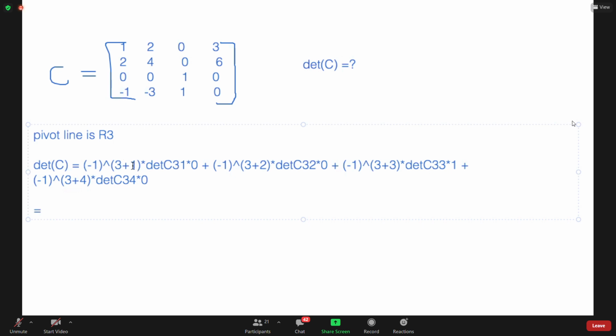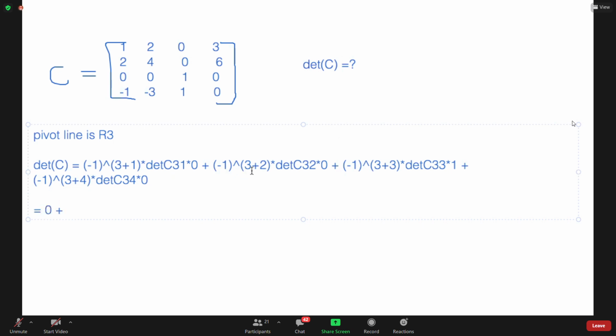-1 to the power of 3 plus 1 is -1 to the power of 4. Negative to a positive, even power means positive. Therefore, what we're left with is determinant of C31. Multiplied by 0, however, yields a 0. Plus